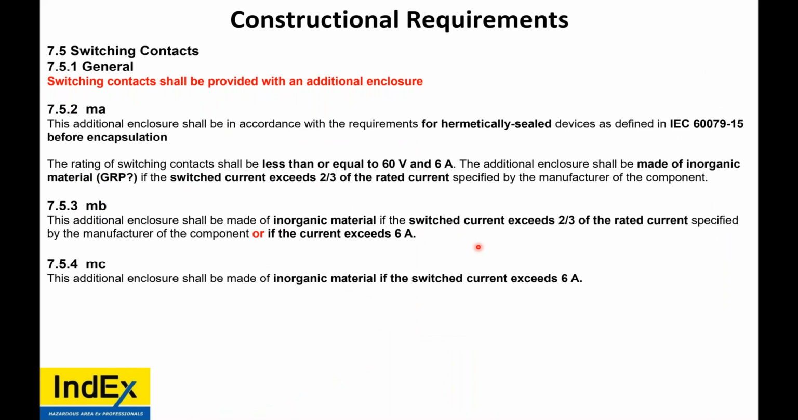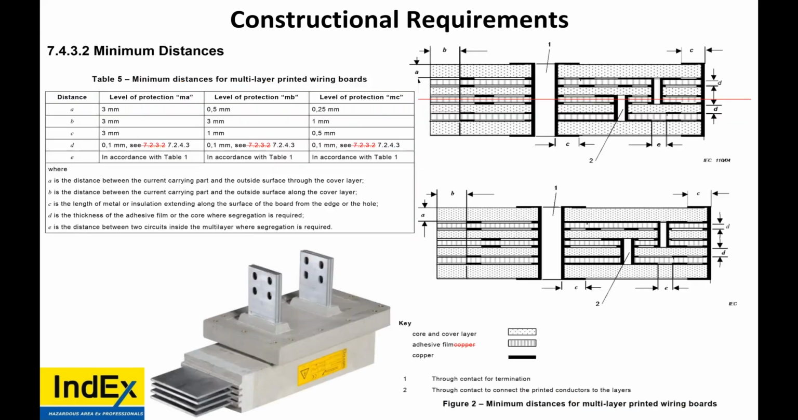So, constructional requirements: switching contacts shall be provided with an additional enclosure. Anything that switches, produces an arc or spark, shall be in a separate enclosure. Now, this additional enclosure for MA shall be in accordance with hermetically sealed, so EX nC, to 60079-15 before encapsulation. So if, let's say, this box was hermetically sealed,